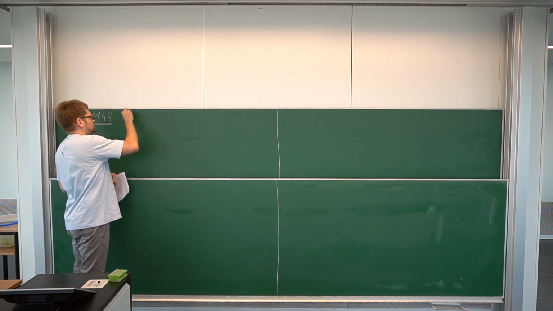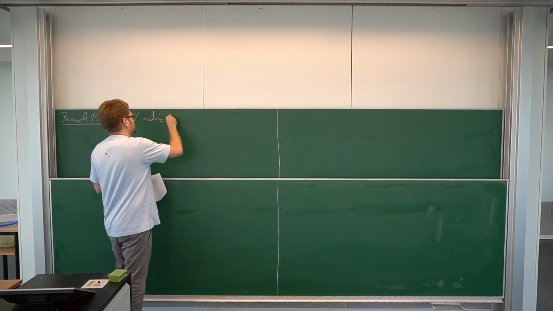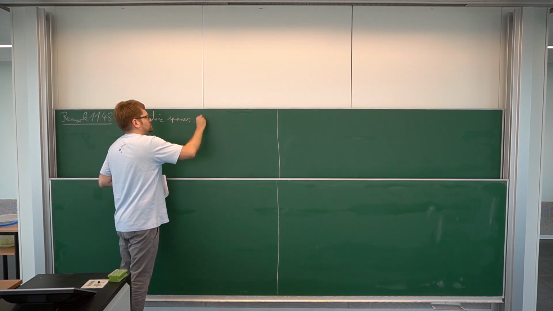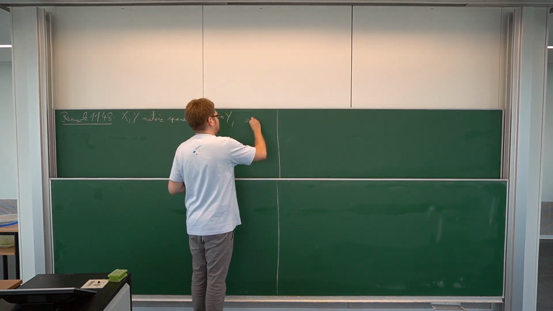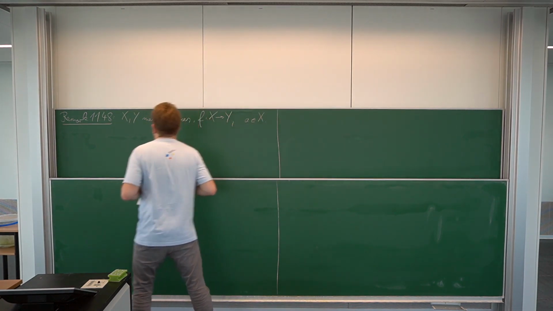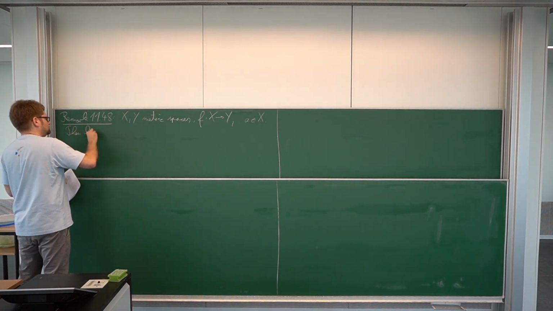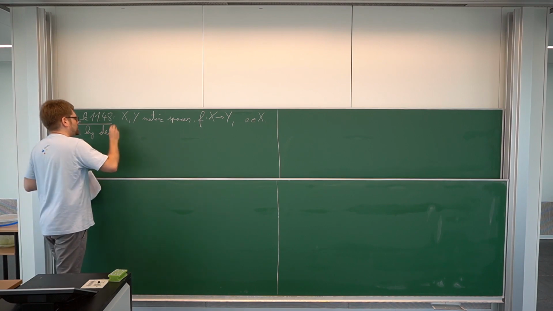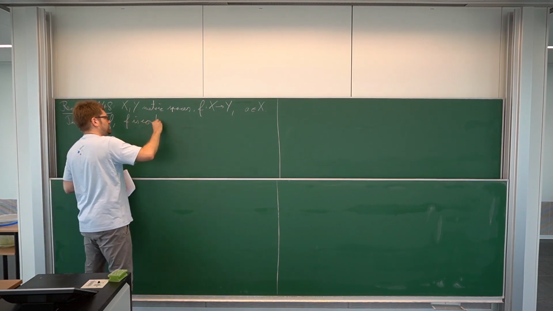So assume X and Y are metric spaces. I'm dropping the metric from the notation. Assume we have a map f from X to Y, and assume we have some point A in X. Then by definition of continuity, f is continuous in A